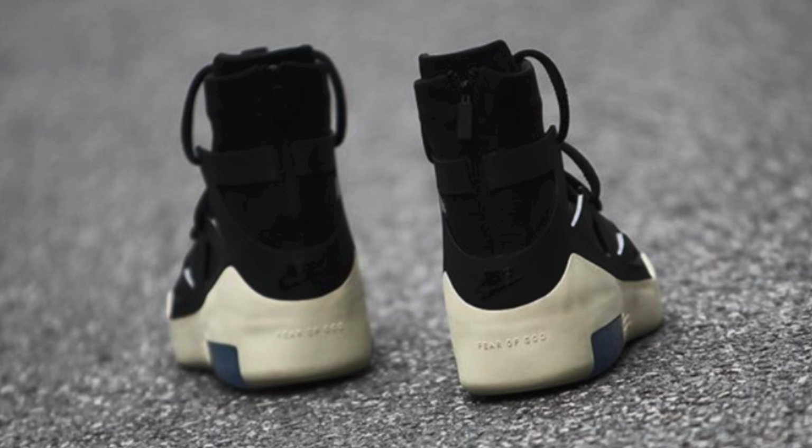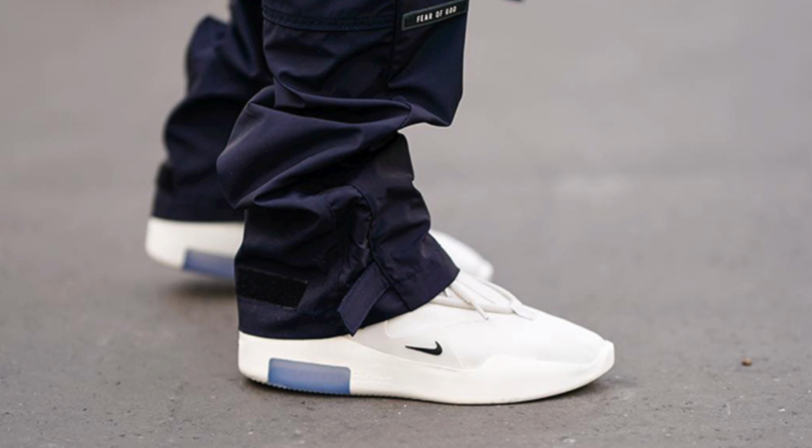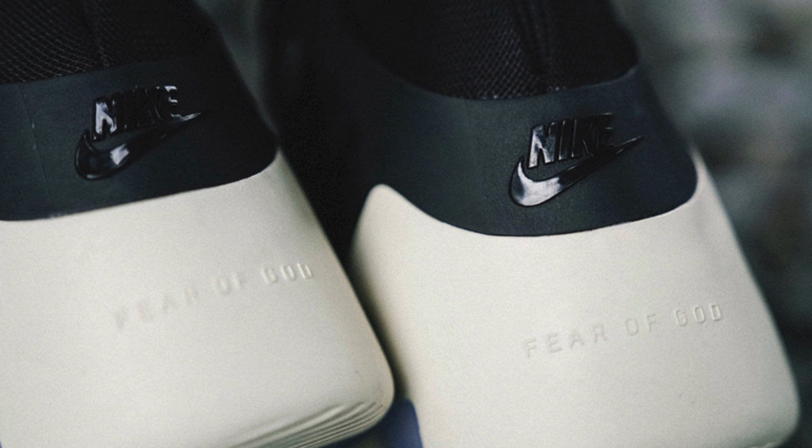Now, not only did Jerry Lorenzo design his own model, but with the help of Nike Basketball's design director, he created this sneaker to be worn on court. Now, everyone first saw this sneaker when PJ Tucker wore it on court. Now, this sneaker retailed for